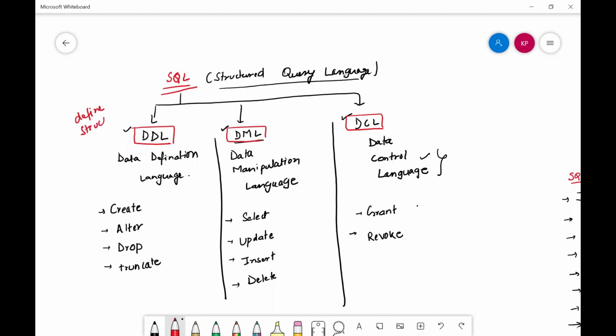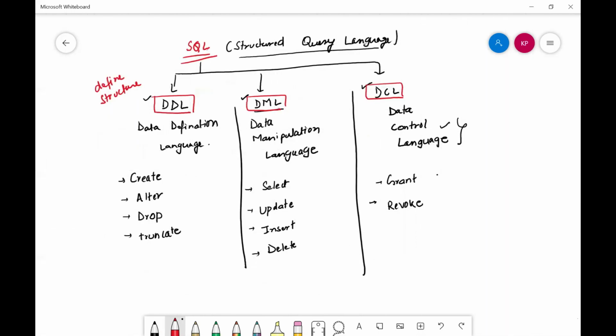We can manipulate the structure, that is if there is some problem in the structure, we will change the structure, or we can even delete the entire table. The commands which come under DDL are create, alter, drop the table, or truncate the table.